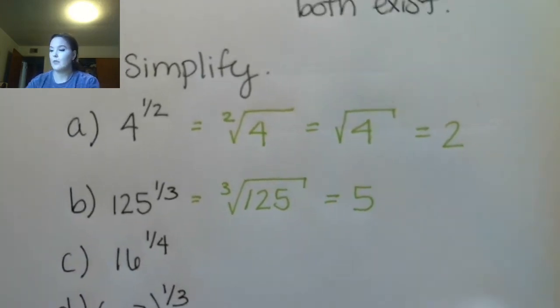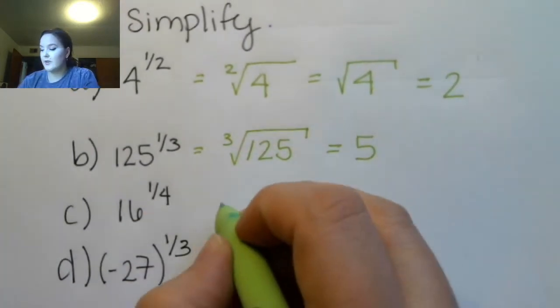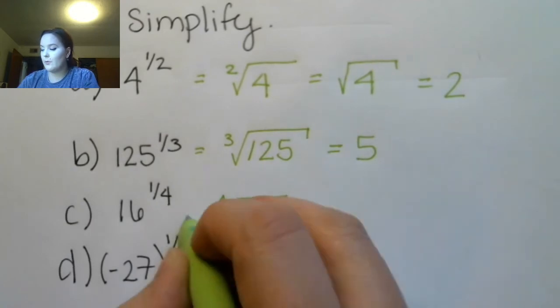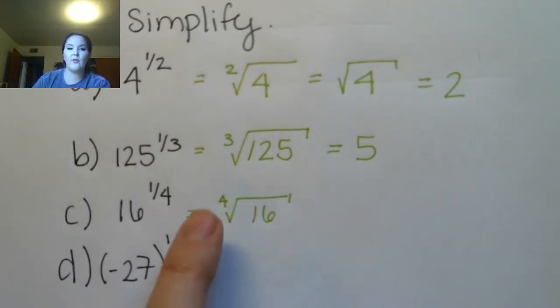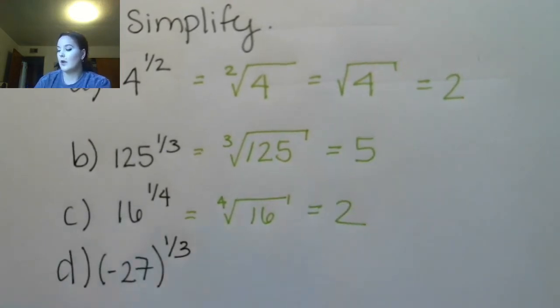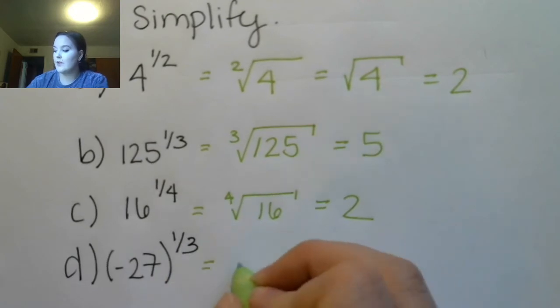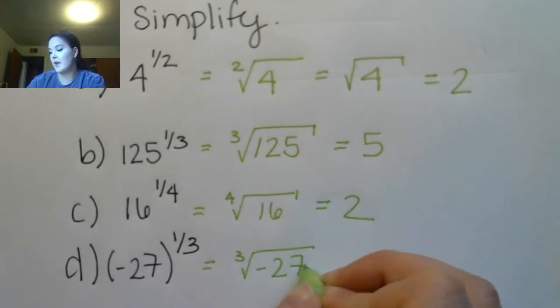Okay, so for part C, we can see that our index is going to be 4, so this is going to be a fourth root of 16. So what number times itself 4 times gives you 16? Well, that's 2. And here the index is going to be 3, and my base is negative 27,